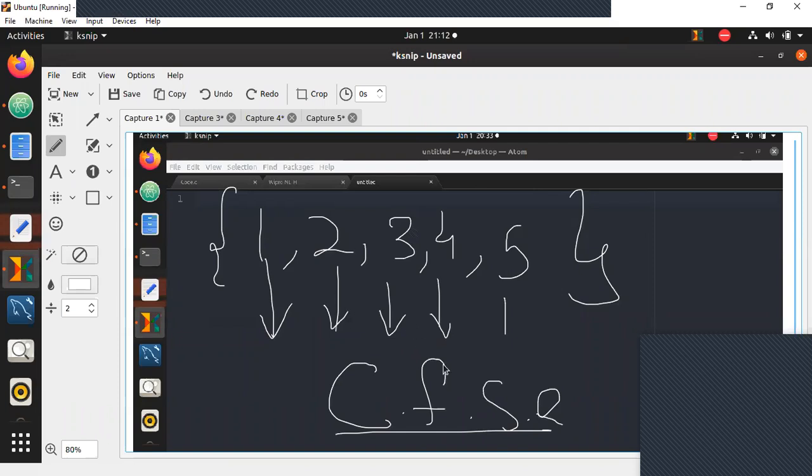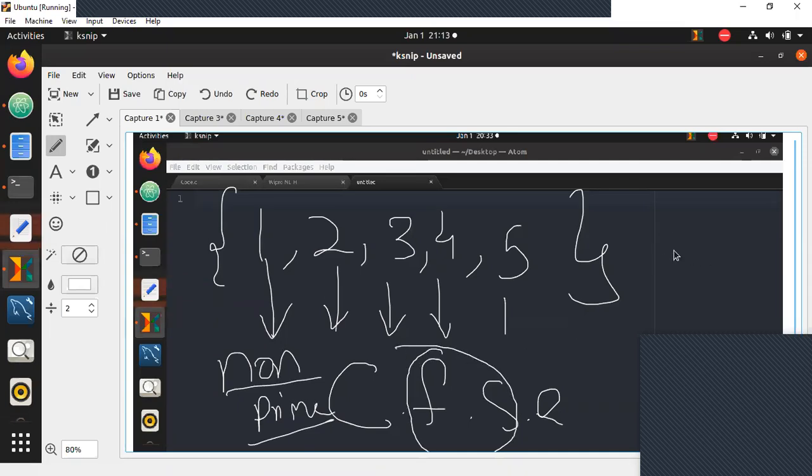Composite means it is non-prime. It should not be prime, and it should be in the Fibonacci series. So there are two conditions. The element should be non-prime, and the element should be in the Fibonacci series as well. That's the basic idea you need to work with. Is the question clear to everyone?